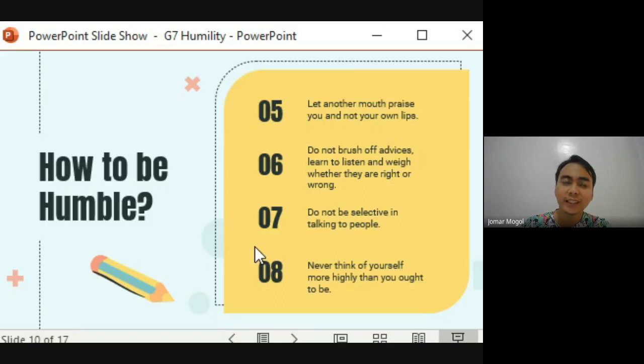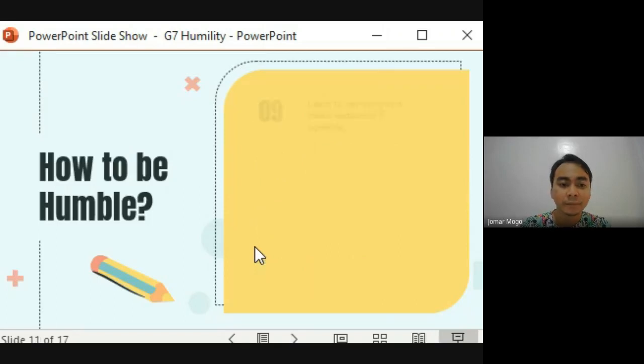So kung gusto mo talagang i-manifest or obtain the virtue of humility and humbleness, you have to do it on a daily basis. Hindi pwedeng in specific occasions lang. You have to practice it. 9, learn to say sorry and make restitution if possible. If you're familiar with the movie Bride Born, featuring Xian Lim and Kim Chiu, so I learned something